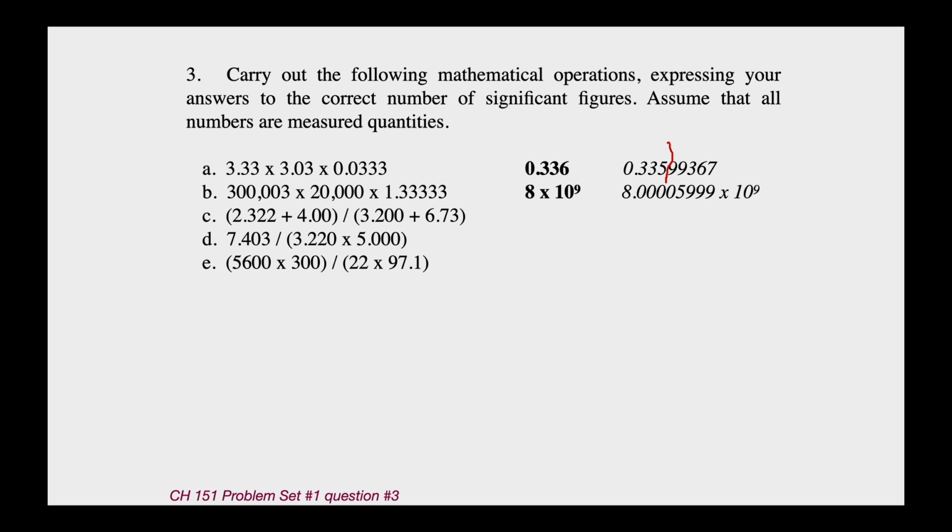8.00 blah blah blah times 10 to the 9th. But wait, 1 sig fig, and that's because 20,000 doesn't have a dot. Now that's a huge number, but it only has 1 significant figure. So the final answer is only going to have 1 significant figure as well. Remember, when you multiply and divide, the smaller number of sig figs goes through. So since 20,000 has only 1 sig fig, our final answer, only 1 significant figure as well, 8 times 10